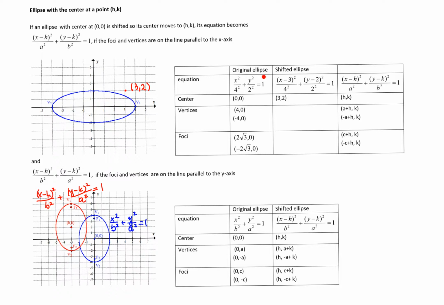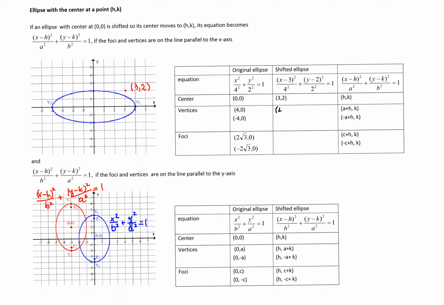So the only changes are in the x and y: x changes to x minus 3, y changes to y minus 2. The vertices and foci will change their coordinates accordingly. The x coordinate will be increased by 3 and the y coordinate will be increased by 2. So the vertices will be now at the points